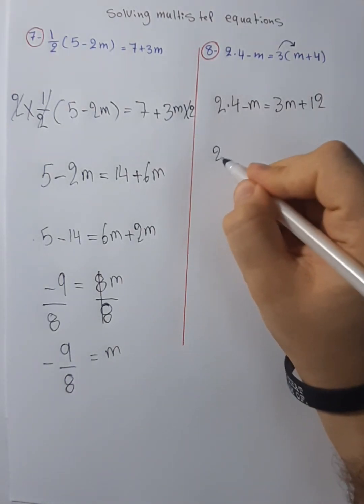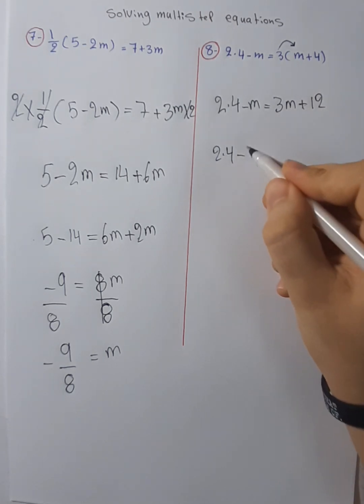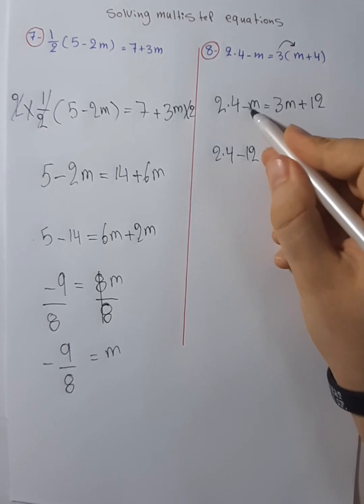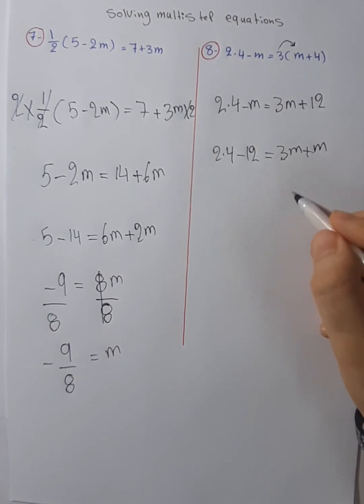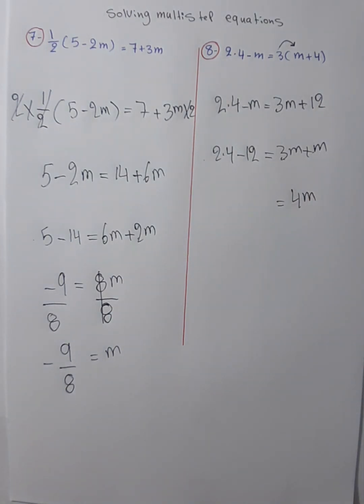We have 2.4, positive 12 becomes negative 12, equal to 3m, and negative m becomes positive m. After that, 3 plus 1 equals 4m. Equal to, plus times minus equals minus, so you have to